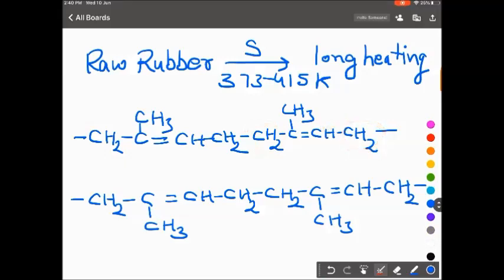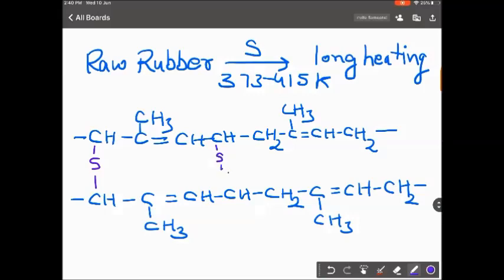So we can show one cross link like this, that we remove one hydrogen from here. Let us remove hydrogen from here and a hydrogen atom from here, and connect them by a sulfur atom. So let us draw this. This is a sulfur cross link. Similarly, it may be here that we connect another allylic carbon. Let us say this is an allylic carbon, connect them with